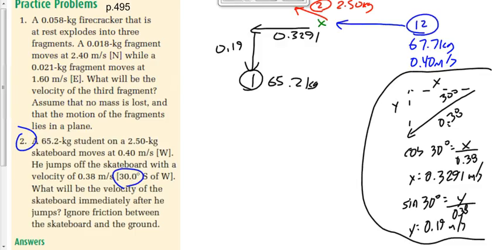Now, to me, this makes the problem a whole lot easier. We don't have a funny angle that we have to deal with because we already dealt with it. Now it becomes a problem just like number 1 was, and just like all those other examples that we did. X components and Y components. Pi equals PF. I'm going to say M1 V1I plus